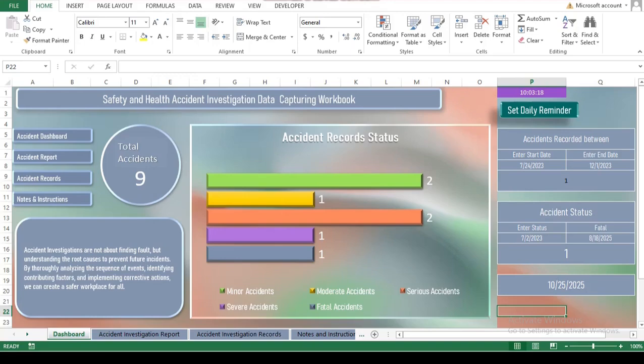Moderate accidents, represented by the yellow bar, involve injuries that may require medical attention but are not life-threatening. The serious accidents category, in red, reflects incidents that result in significant harm or time off work. Severe accidents, shown in purple, involve major injuries with long-term effects. Finally, the fatal accidents gray bar represents the most critical incidents resulting in loss of life. Using this chart allows management to easily monitor trends, identify areas needing urgent attention, and support data-driven decisions to improve